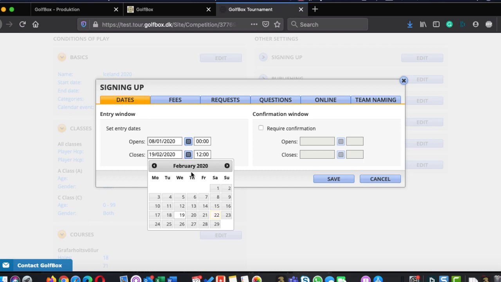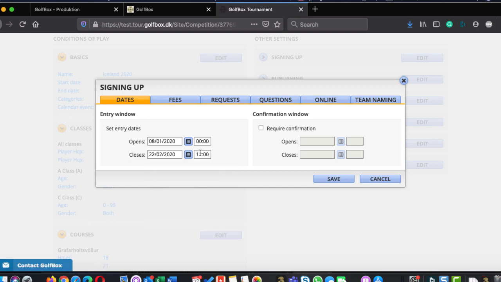So the first one, the entry window, is when the tournament opens the sign up and when it closes. And I think I have it on the 22nd, so I better say it closes at